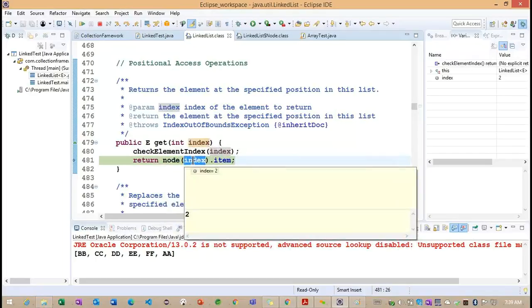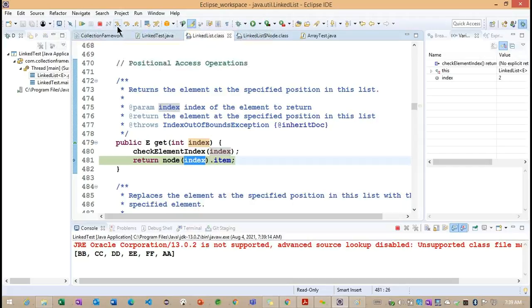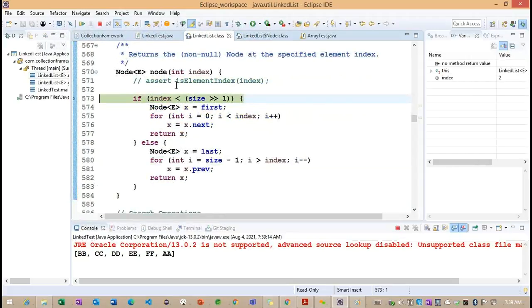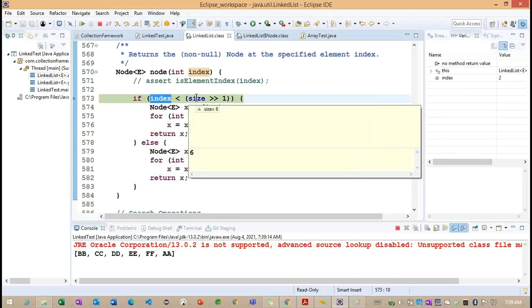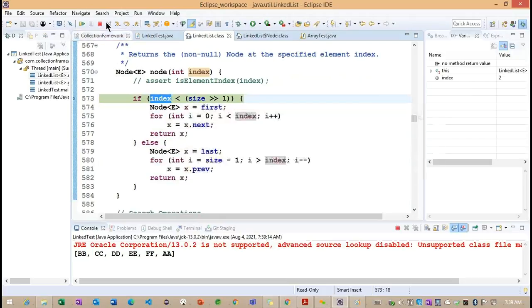Based on this index, let's see one more time so we can understand. Our size is 6, and the index we are providing is 2, so this condition is satisfied. First we are loading the first element, and we repeat the loop 2 times here.